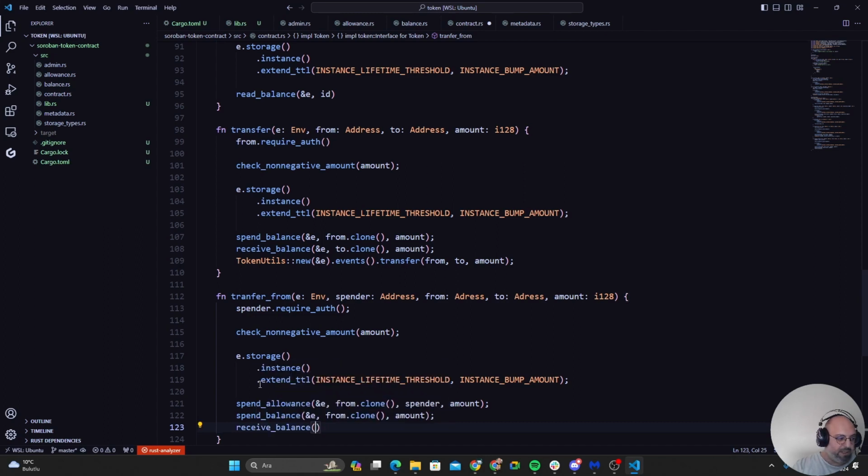With the receive balance we will have reference E again, this time to clone,